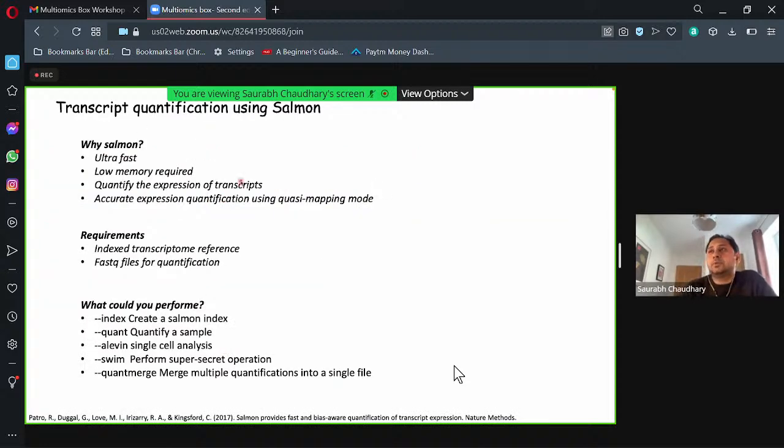Then we are going to perform transcript quantification using Salmon. And why are we using Salmon? Salmon is a very robust tool used for quantification nowadays in a number of RNA-seq analyses. And we use Salmon because it's ultra fast. It requires very low memory. You can run it on your normal laptop, and